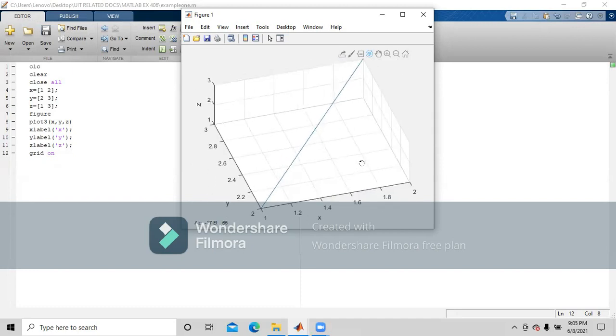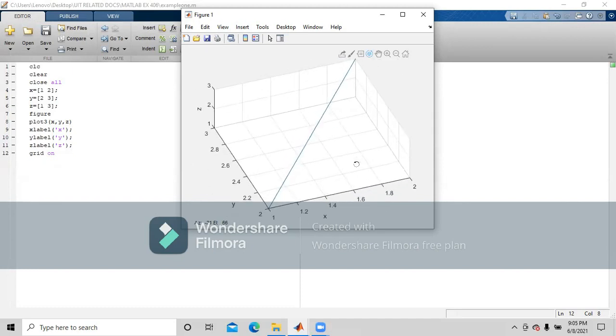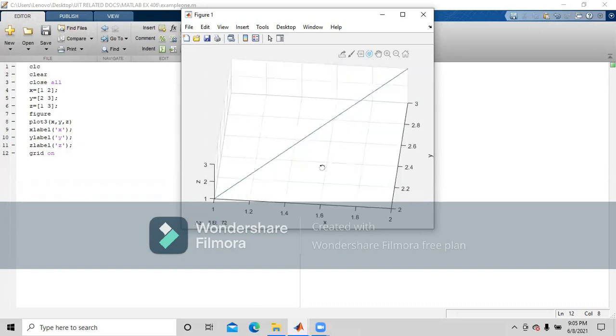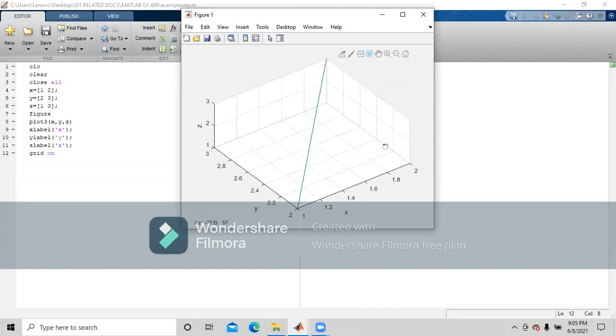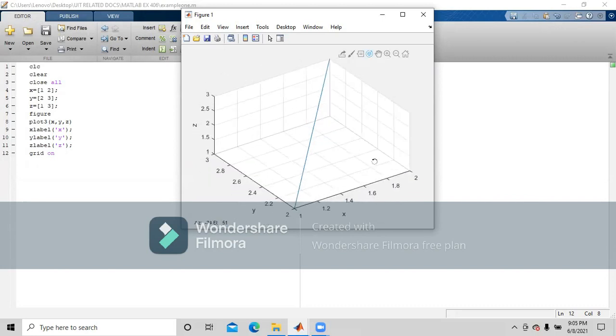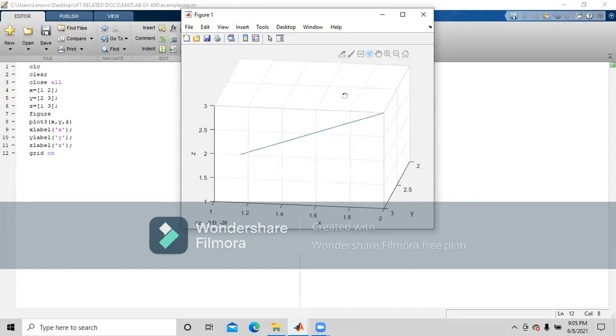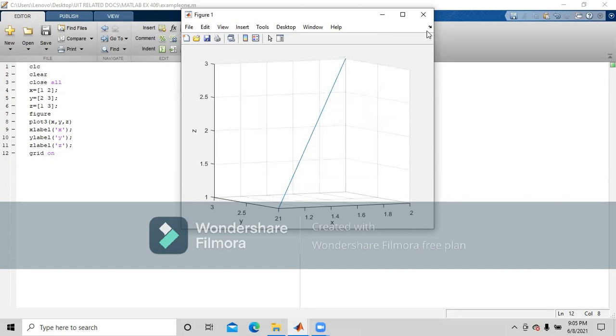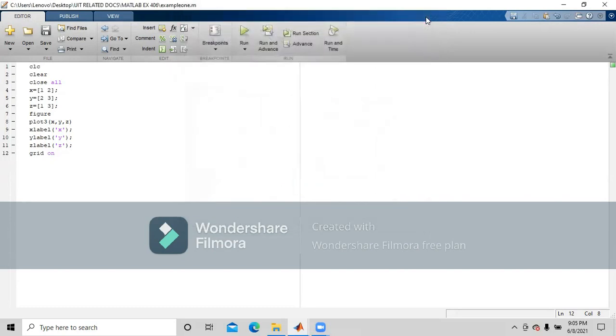So this is basically the angle from which we are viewing. It is the azimuth angle and the elevation angle. Azimuth means left and right, and elevation means up and down. So this is one of the features. Okay, so I'll just close this. So this was a very simple example of 3D plotting.